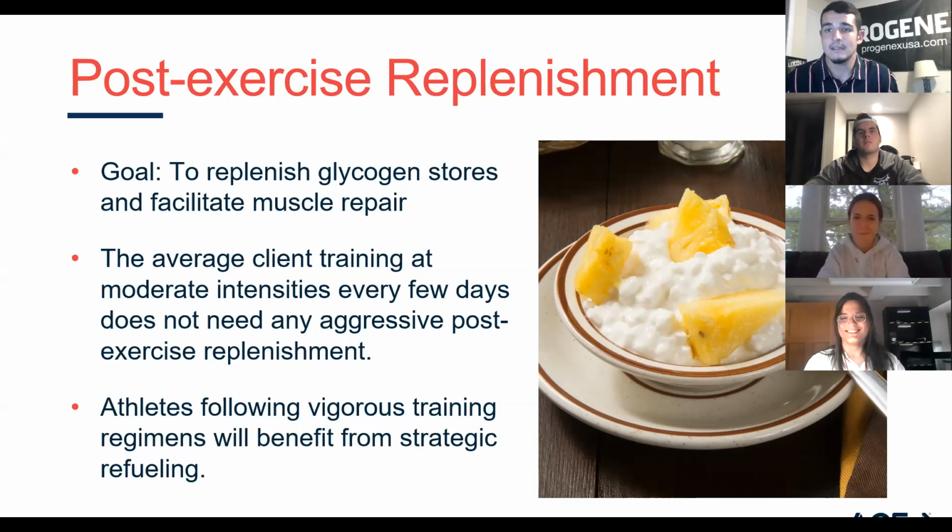Now, if you train fasted, it might be in your best interest to get in some nutrients right away after you work out. But if you were able to get that pre-workout meal and you have some carbs and proteins floating around, it's not very urgent to get in some nutrients this minute. So give yourself some time to cool down. You're no longer in that sympathetic state, and we can actually rest and digest.